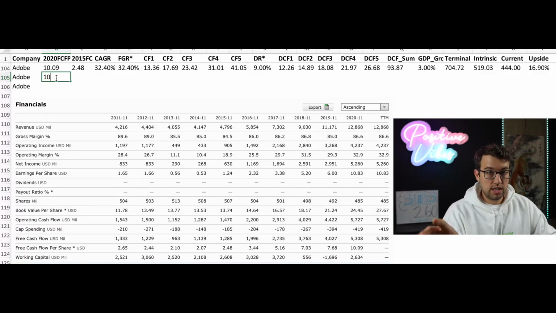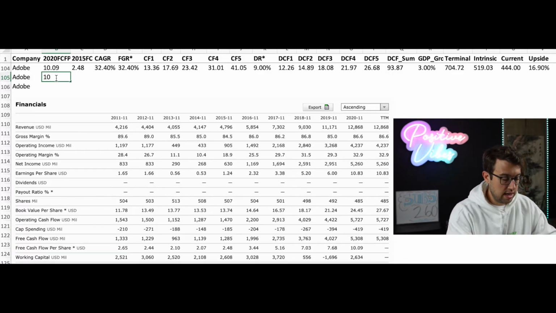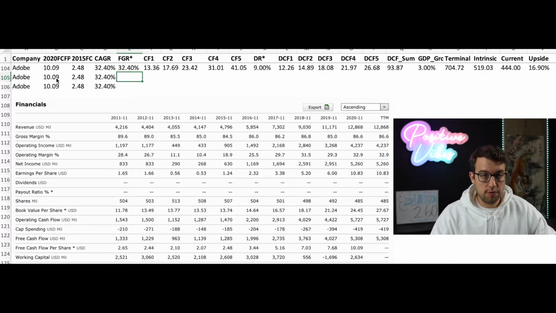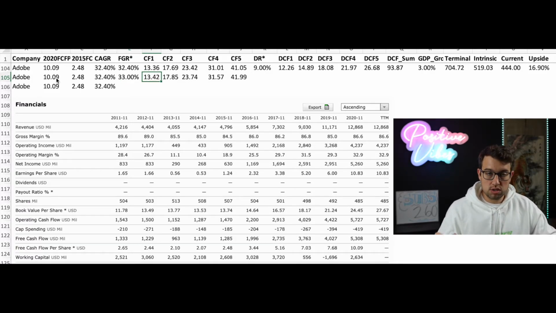So we're going to run 2 more scenarios, and these numbers do not change for the free cash flow per share, so I'm going to enter those now. So now if you're bullish on the company, you could raise the future growth rate. So let's say that we think that the company is going to grow free cash flow per share at a higher rate than it has in the past. So let's go slightly higher than it has in the past, at something like 33%.